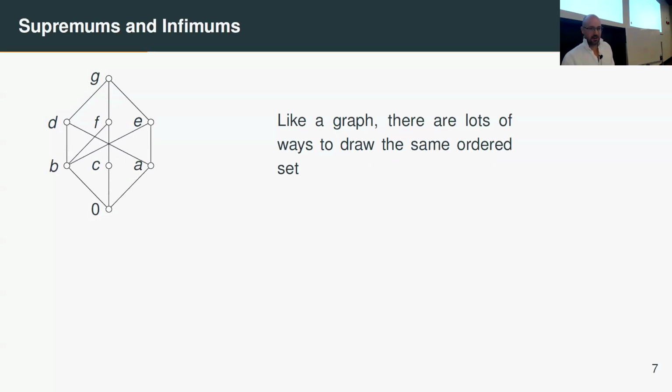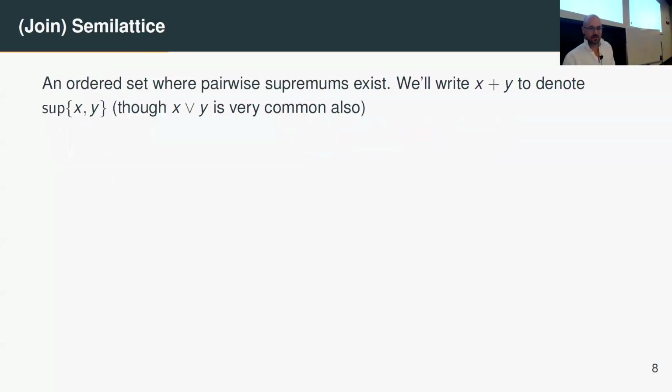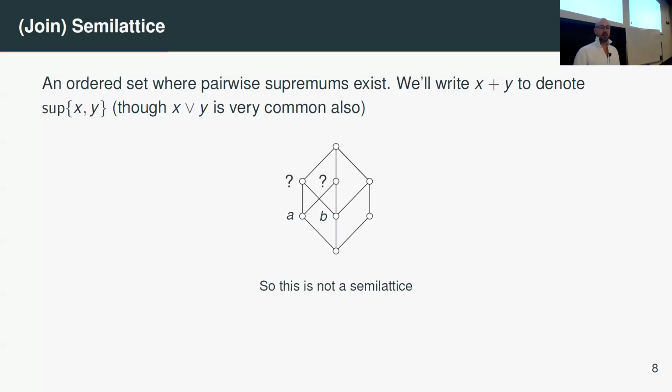These are just drawings. It's just like a graph. You can move them around. It's not the actual object. It's just a drawing. This is not a pipe, that kind of thing. Okay, so a join semilattice is the basic algebraic object. Of course, these kinds of things appear very frequently in algebraic logic, for example. So it's just an ordered set where pairwise supremums exist. And I'm just going to write plus, but you could write join as well, like the V symbol. So the picture we just had wasn't a join semilattice because we saw A and B had no least upper bound. It had to have a least upper bound for every pair.